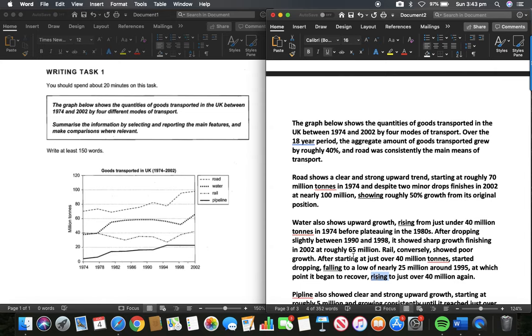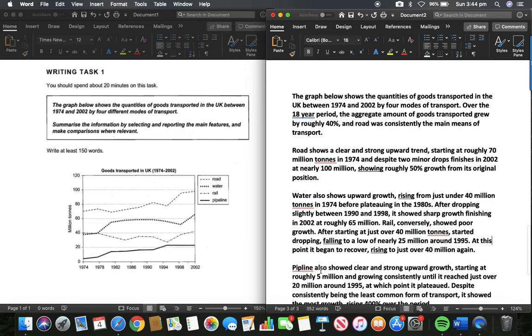These are pretty long sentences, which I have to point out is uncharacteristic. Another thing you could do is you could change this to be a full stop, capital, at this point. It began to recover, rising to over 40 million again. At this point, do we want to say they switched spots? I don't really think it's that important. If one of these started a lot higher or the other a lot lower and there was a bigger gap, then I might point it out. I just don't think it's as important here, but you could say it.